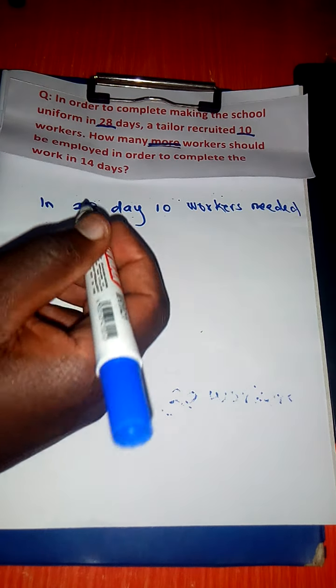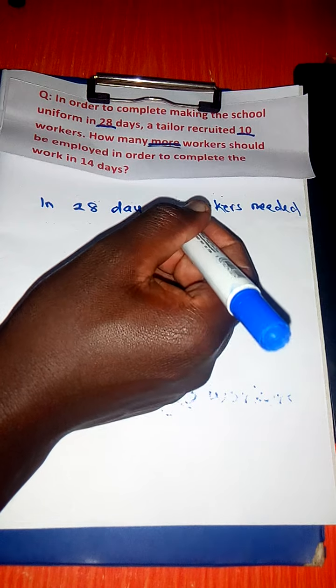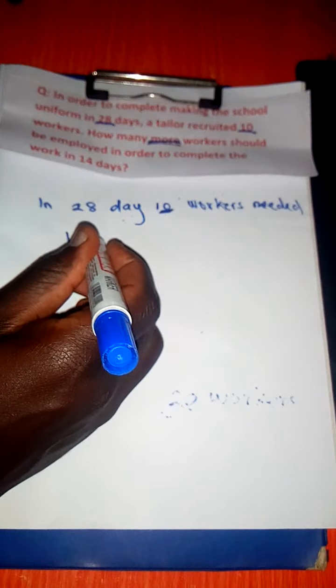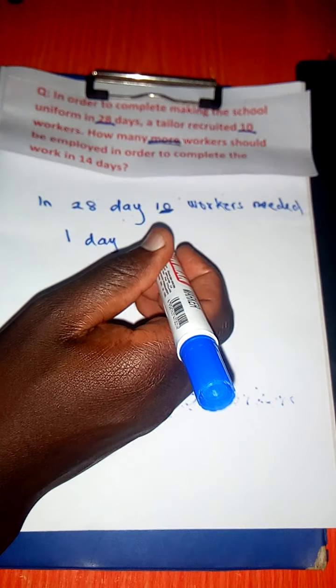So what are we asked? The tailor recruited 10 workers. How many more workers should be employed in order to complete the work in 14 days? Now we are required to get the work done in 14 days, but before that, let us say in 28 days he had 10 workers. What about one day? In one day he will need